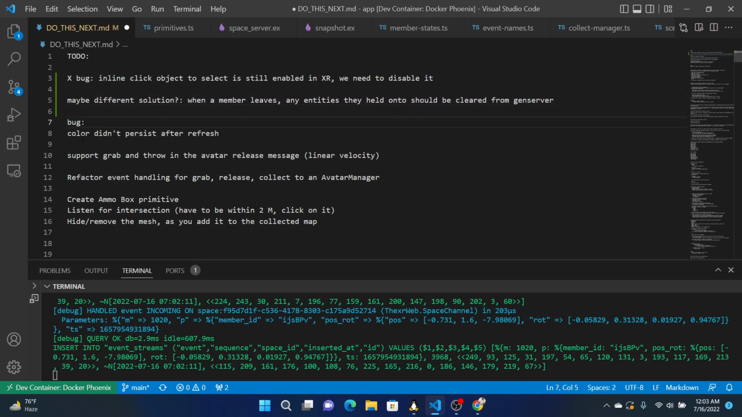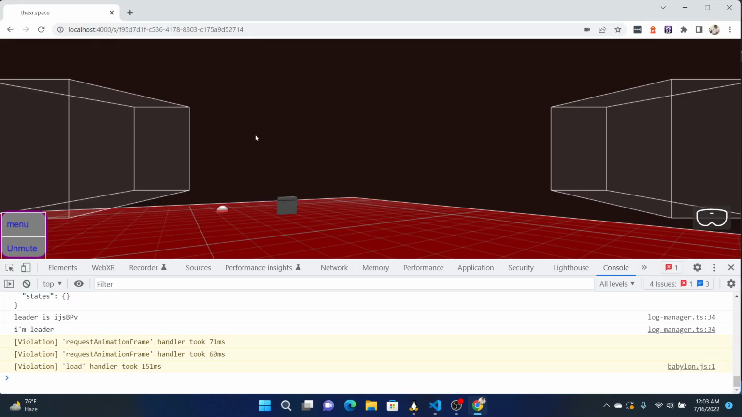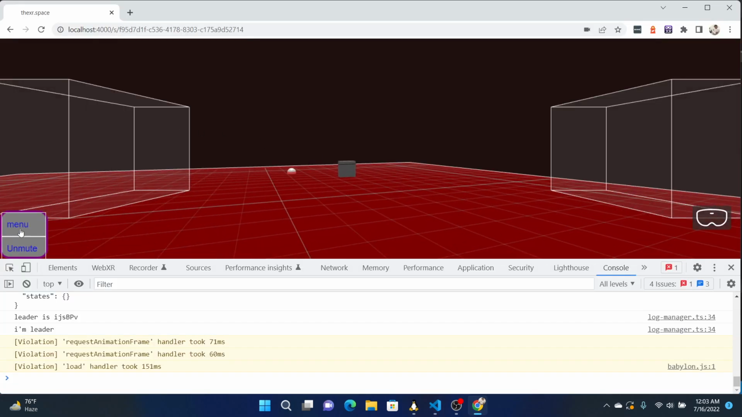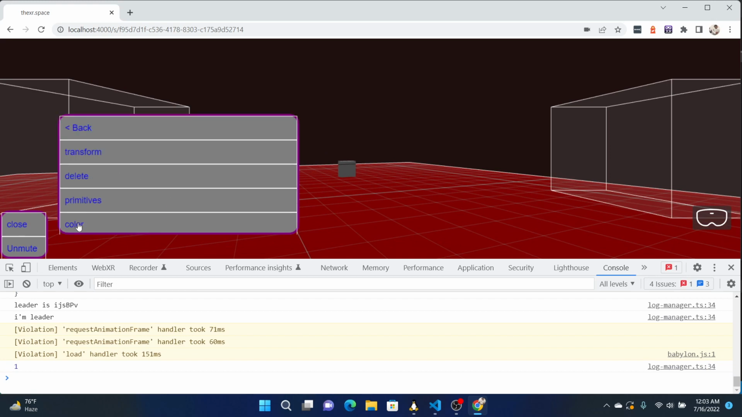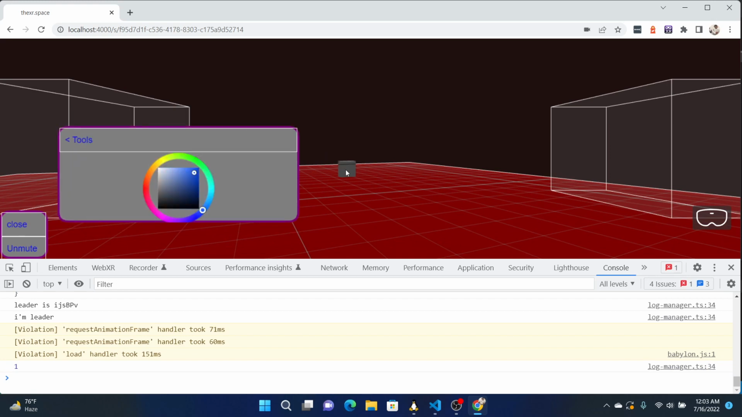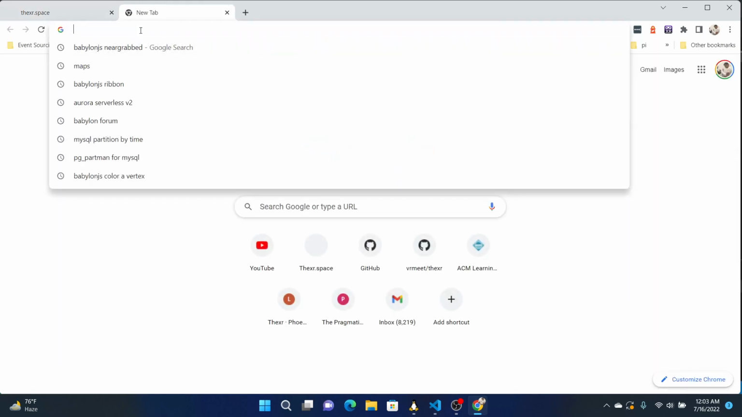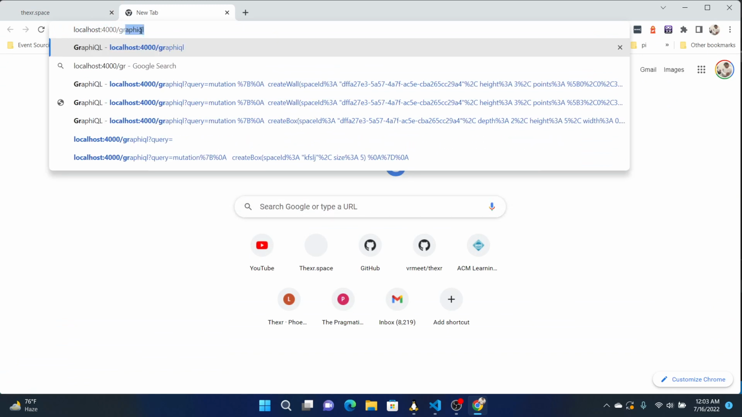Okay, but this definitely is a bug. The color didn't persist after a refresh. Because we can come over here and say we're editing, and I want the color blue, and color this thing. And so I want to know about all the entities in this space. So if I grab this and I go into localhost graphical,